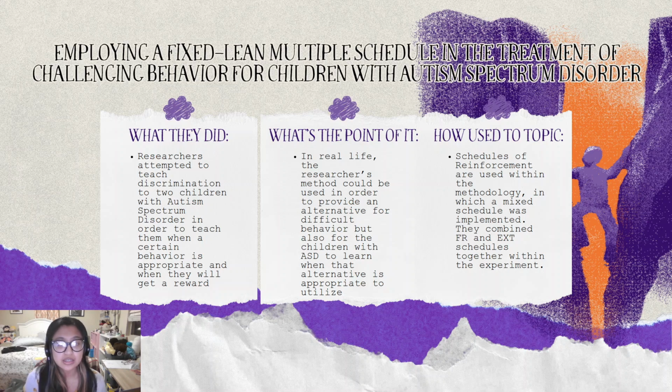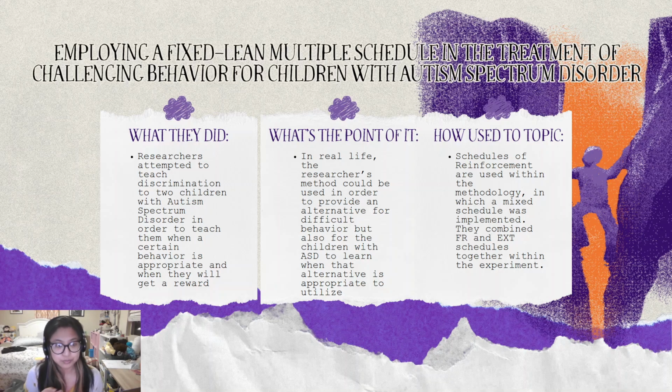In their study, the researchers had multiple phases in their methodology, but the most notable one related to our topic is where the researcher would wear alternating colored wristbands, green or red, and tell the child that they were with, if I'm wearing the green wristband, you can ask for this item that you want and I'll give it to you. But if I'm wearing the red wristband, you can ask for this item that you want, but I won't